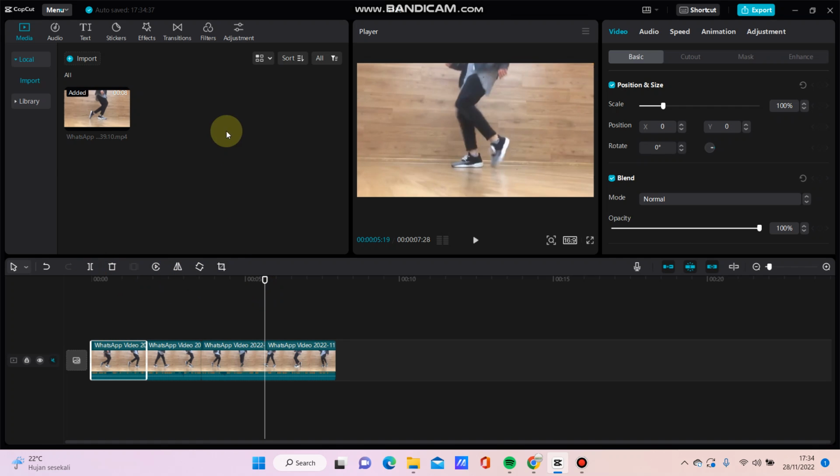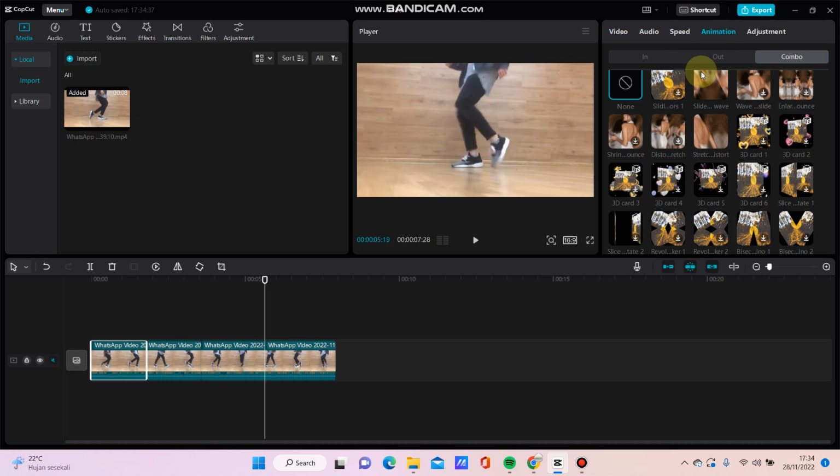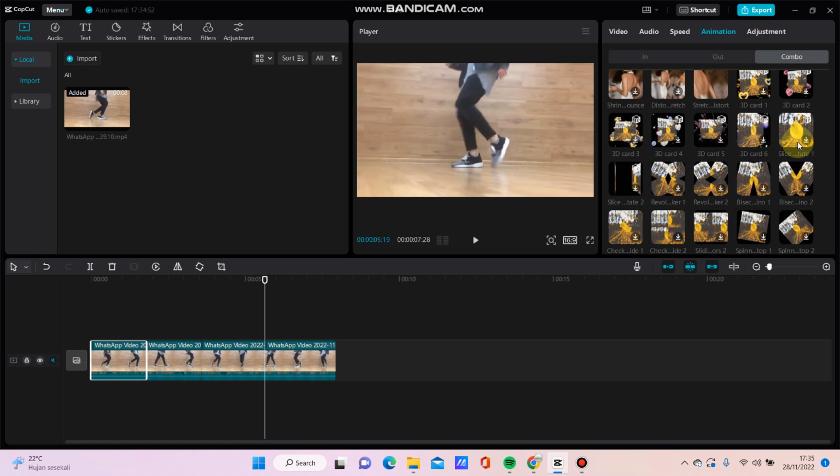And then go to animation and click combo animation, and you can find slice and rotate animation here. You can select this slice and rotate 1 or 2. Just download the animation